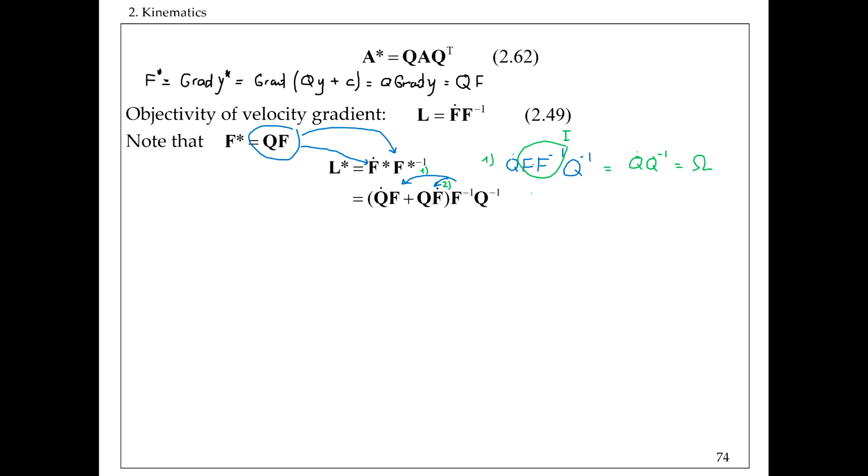What we have, I'm just copying that: QF dot F minus 1 and Q minus 1, and then we can note that actually now here